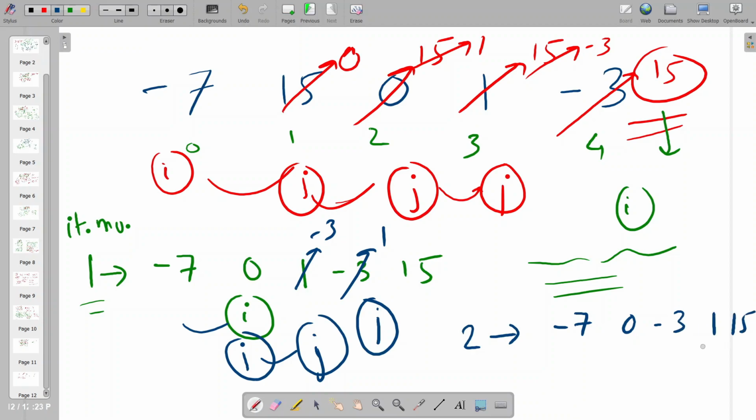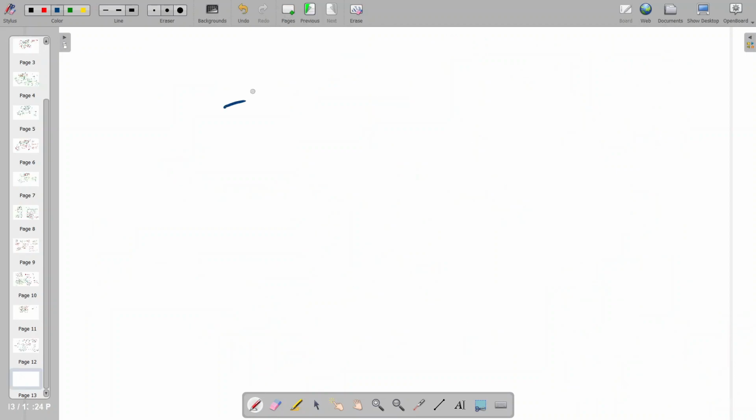Now just have a look that the last two elements have their place. 1 and 15 are the two highest numbers that we have in the array, and they are properly arranged in the last two positions. No need to shuffle them again. So that's why we will reduce our search space. Next time we'll run up to here. We will not go like a fool. We will not search throughout. Okay? We know why we are doing that. So -7, 0, -3, 1 and 15. This is our status after two iterations.